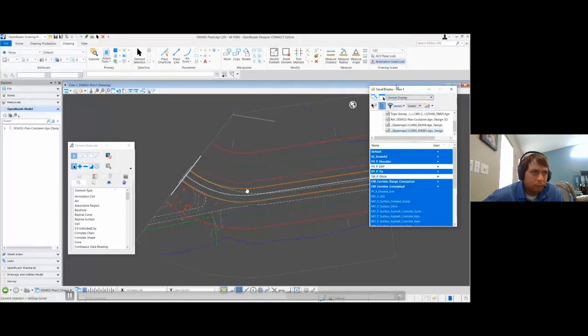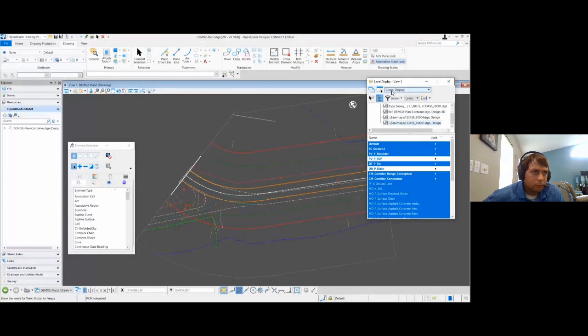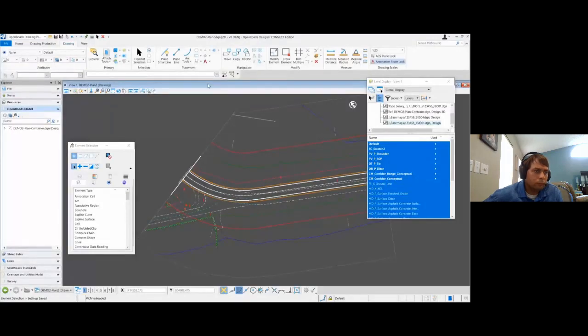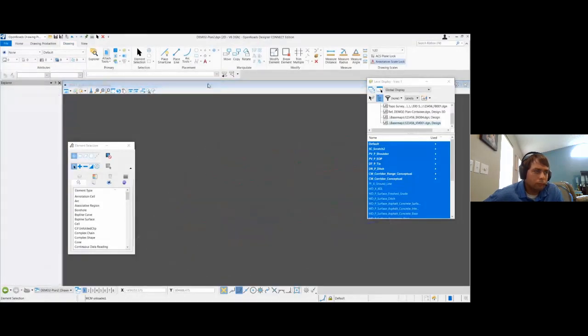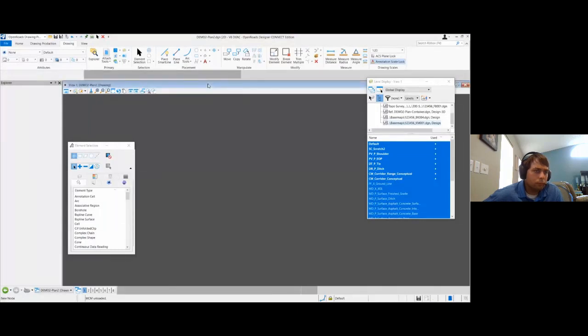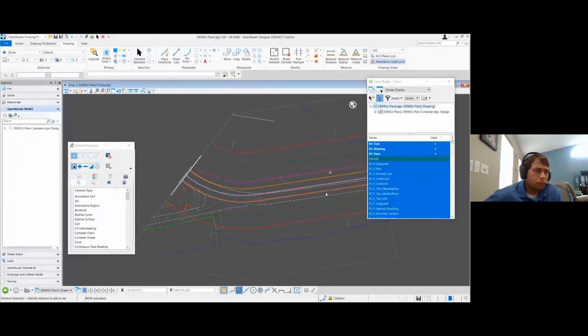Now, the only other thing I wanted to mention here is, if I start turning things to be different globally in this view here, if I reload my file, those things should turn back off because that variable is going to sync back to the drawing model or the design model. Sorry. So you see that did work here. Okay. So that do not override variable really is coming into play with the global display.